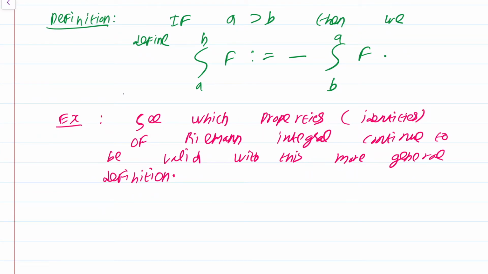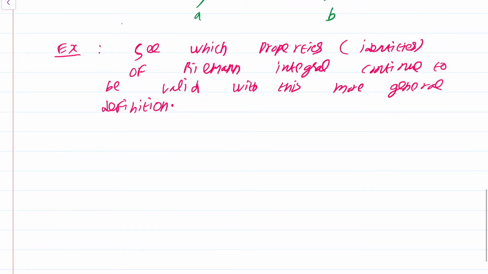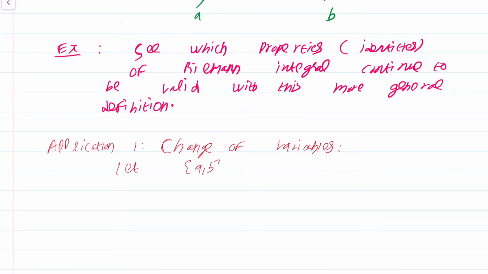With this definition out of the way, let's see some applications. Application 1. This application is also called the change of variables. This states the following: let [a, b] and [c, d], with a less than b and c less than d, be closed intervals,